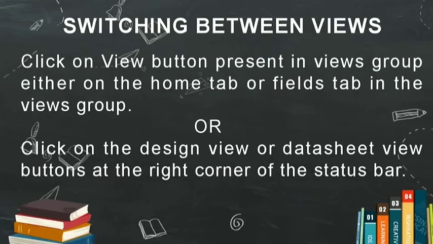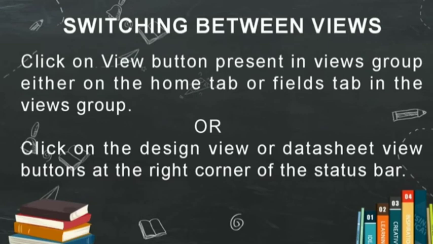MS Access allows you to switch from one view to another by following either of the two options. What is the first one? Click on the view button present in the view group, either on the home tab or on the fields tab in the views group. That means whether you click on home tab or on fields tab, you can access this view button from both these tabs. Apart from it, you can click on the design view or datasheet view button at the right corner of the